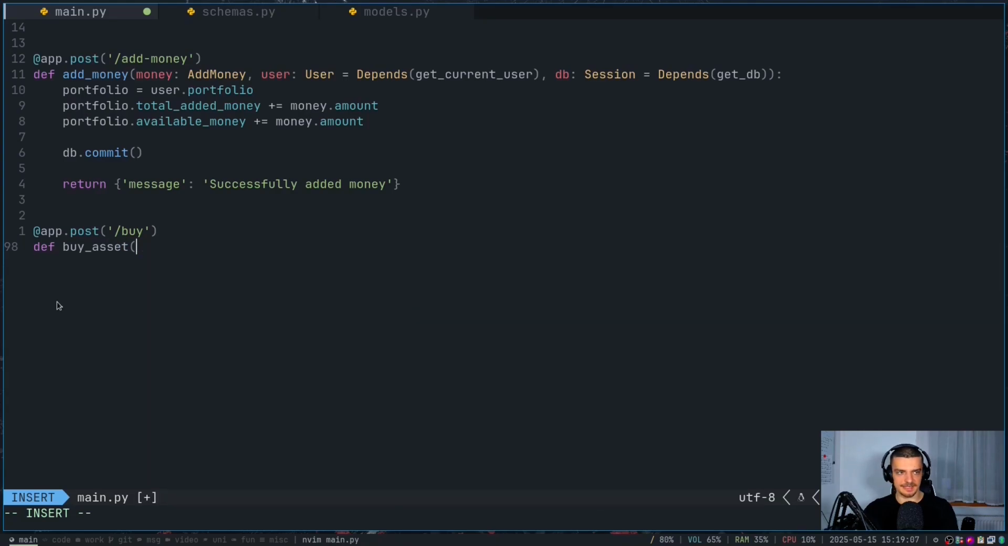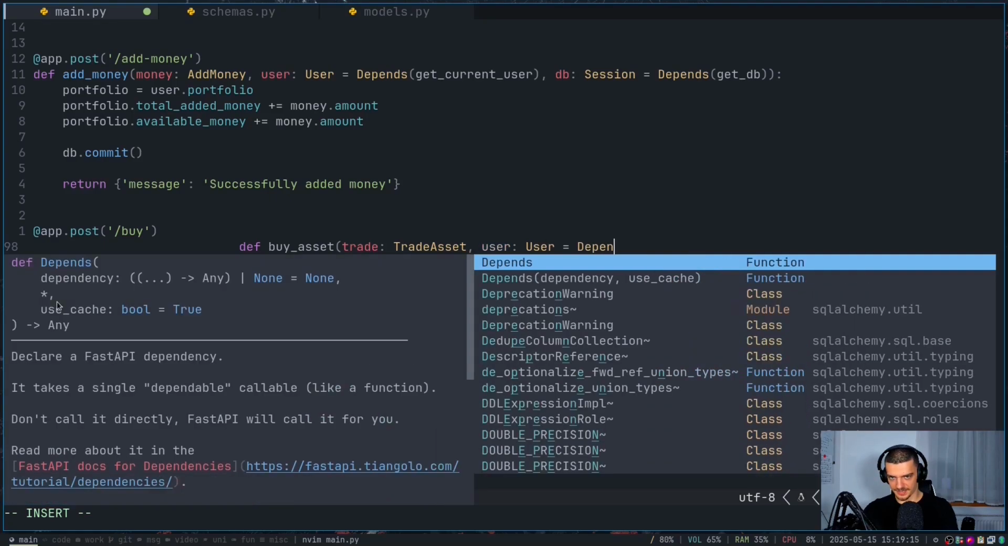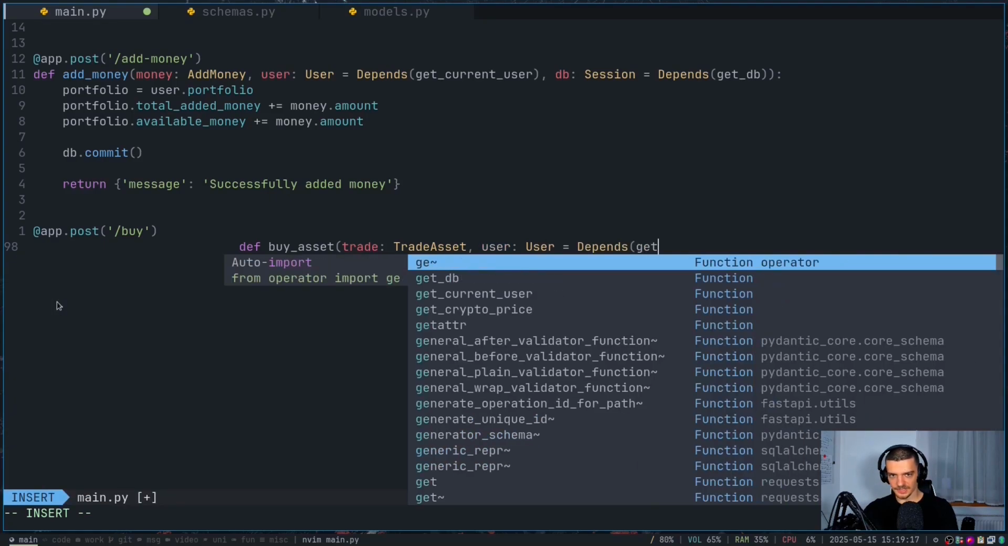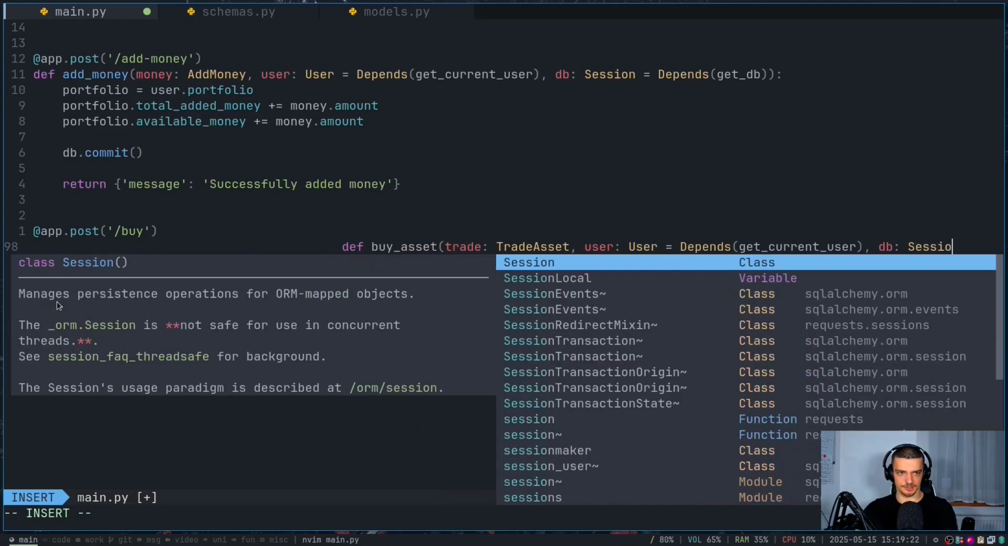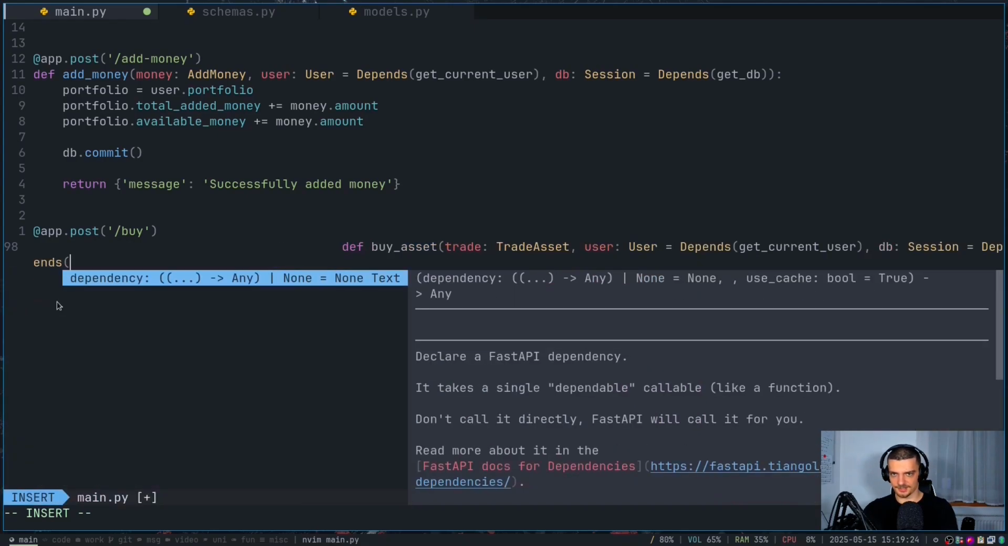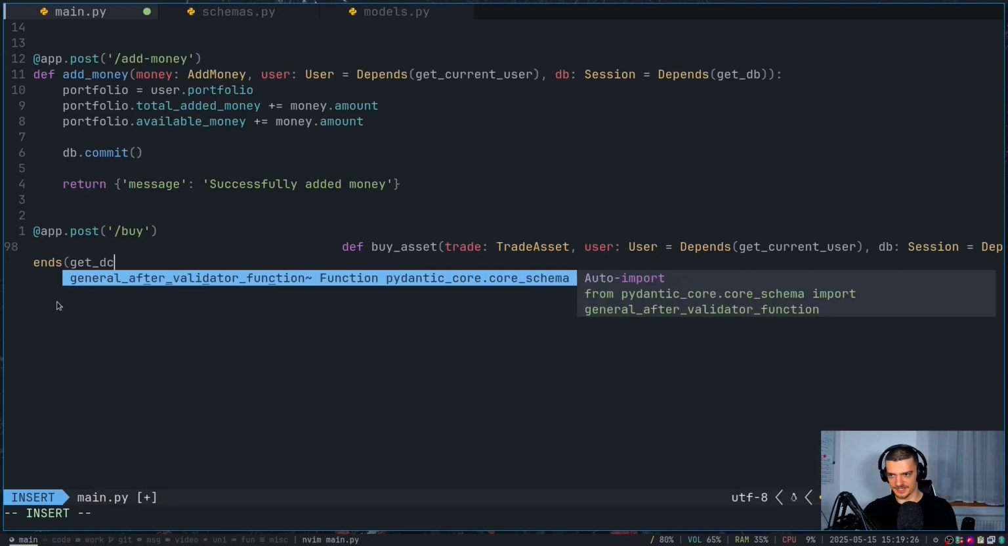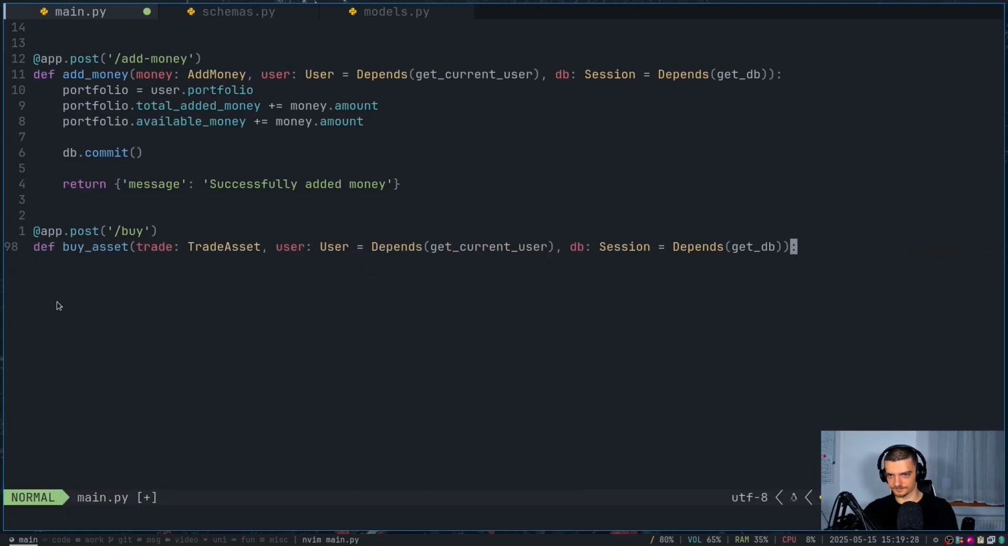And it's going to be our trade, so trade asset schema. User, same as before, depends on get current user. And then DB session depends on get DB. There you go. So here now what we do is we get the portfolio, we calculate the price based on